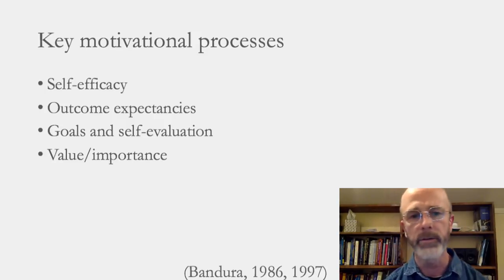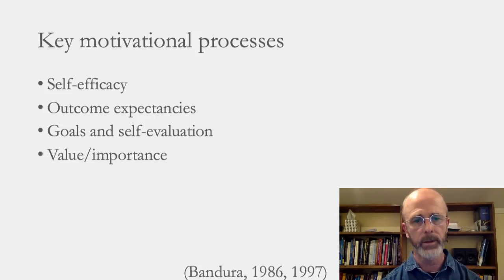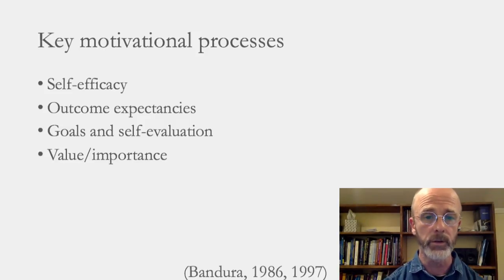In social cognitive theory, the processes which are believed to contribute to motivation are self-efficacy, which I'll define in a bit, outcome expectancies, the kind of outcomes we expect, and the nature and quality of goals. For example, is a goal perceived to be too difficult? Is it perceived to be too easy? Or is it perceived in a kind of Goldilocks way, be just the right level of difficulty?